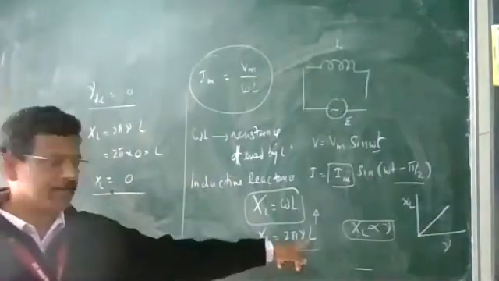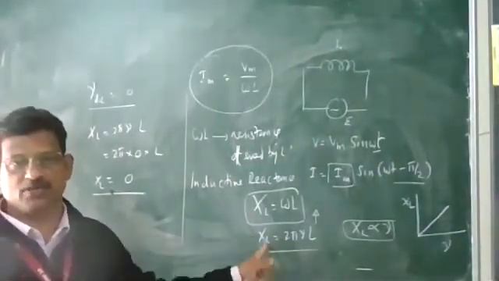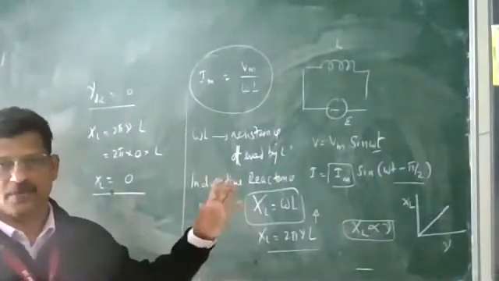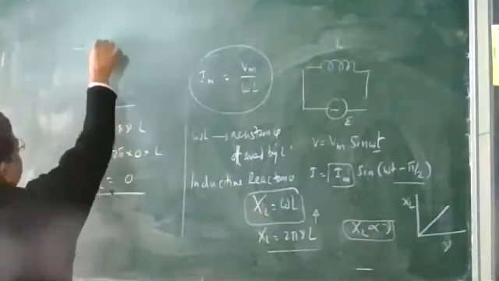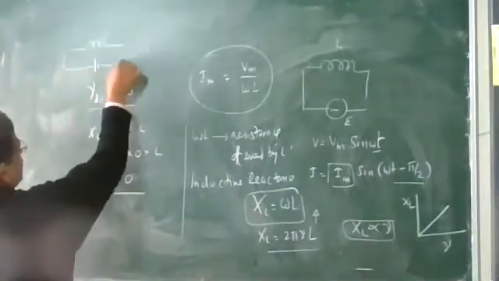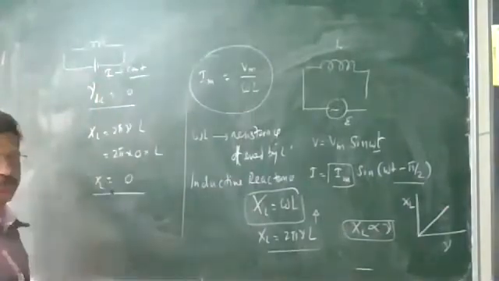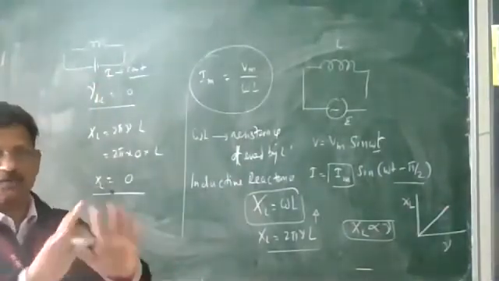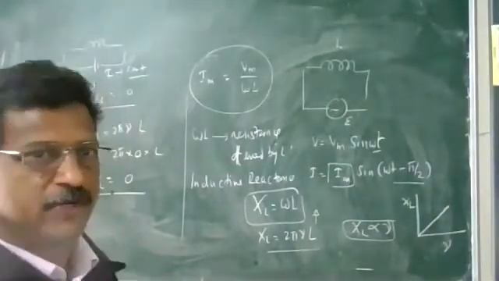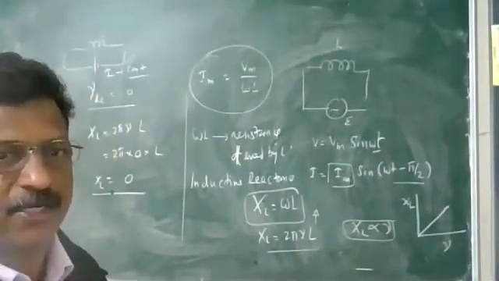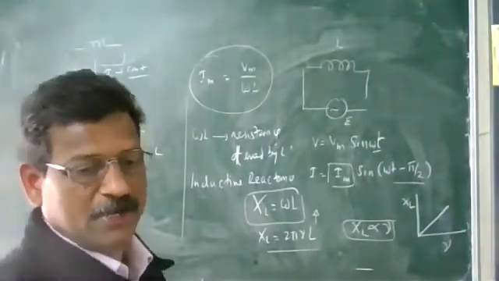That too, by increasing L, you can control it. When L increases, XL also increases, and the current can be reduced. But for DC, when a constant current is applied, there is no frequency. There will be no opposition. When a constant current is flowing through an inductor, it cannot be controlled by the inductor because the resistance offered is equal to 0. These are very important points regarding the inductor.